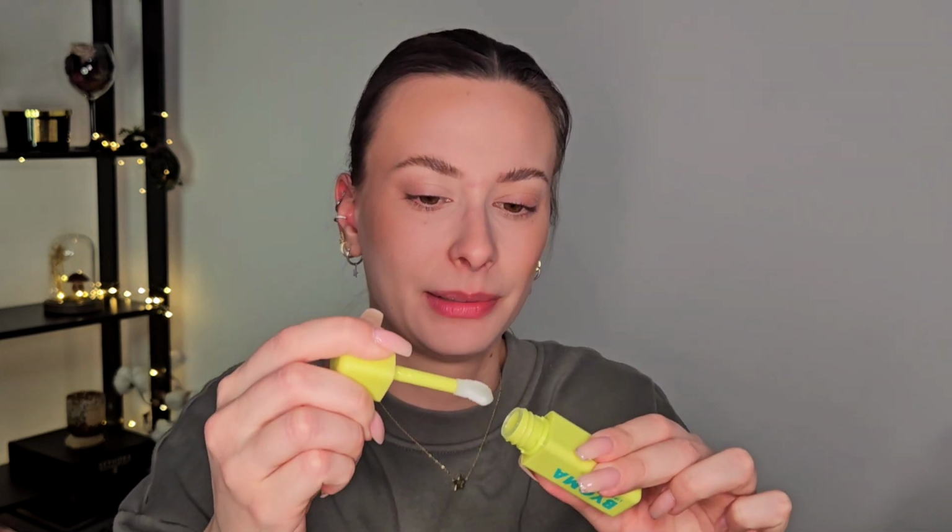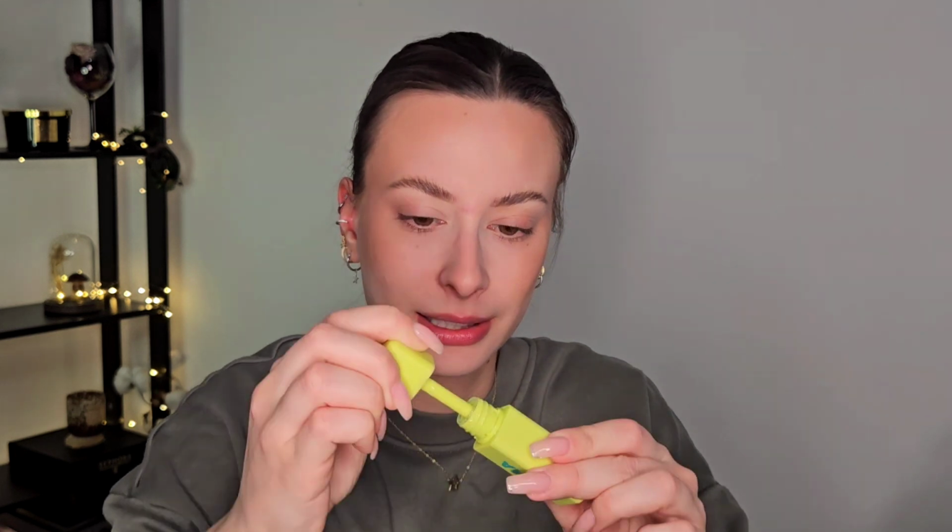I tested it once, but the stopper is so strong. I hate when products with the doe foot are using packaging like this, because if you are using that much force, some of the gloss will just fly out. It is just annoying, so I already know that this will not be my favorite because of the packaging, but